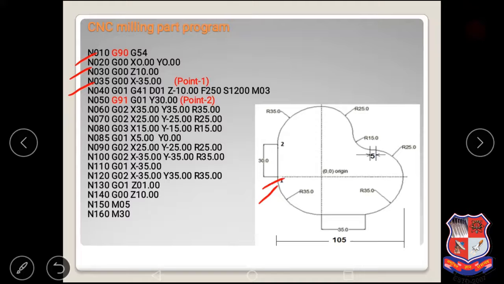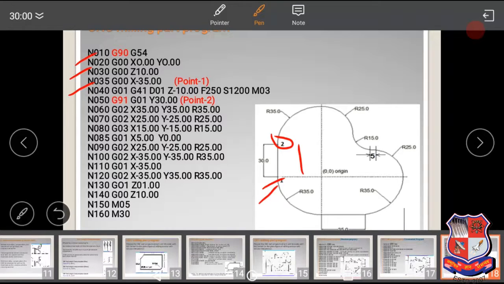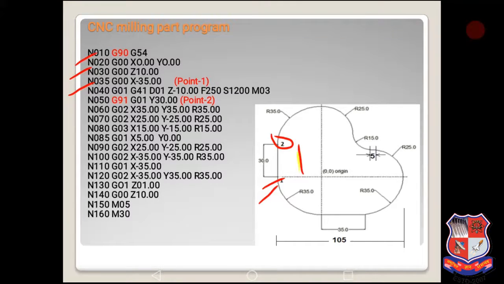Now we are at point 1 and we want to move to point 2. So we have to move the cutter in upward direction linearly. So we use the command G01 with G41 cutter radius compensation in left with the address D, and Z